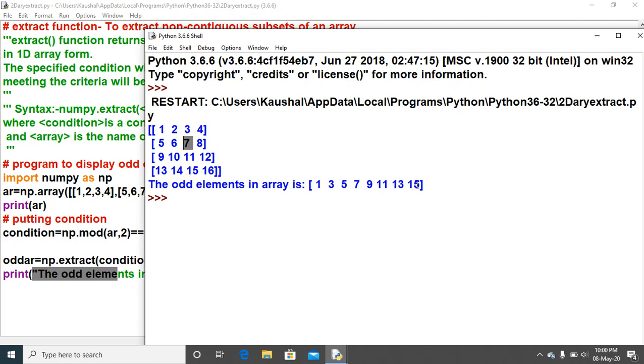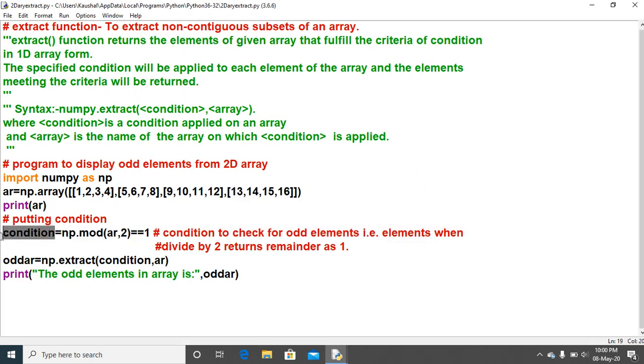So here it has written, and in this output you have got the true value when we have mentioned the condition. If you want to display the value of the condition, just look at what I am doing here.